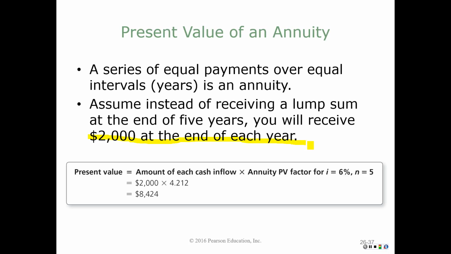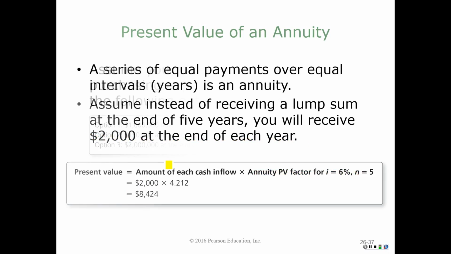So in this case, I want to go to the annuity table for a present value. You can find this once again in your appendix. We know the amount of cash inflows each year, $2,000. So I go to the annuity present value factor table, and we know that it's 6% in 5 years. My factor is 4.212. So when I multiply that times the amount of cash that I would be receiving each year, the present value of that stream of payments would be